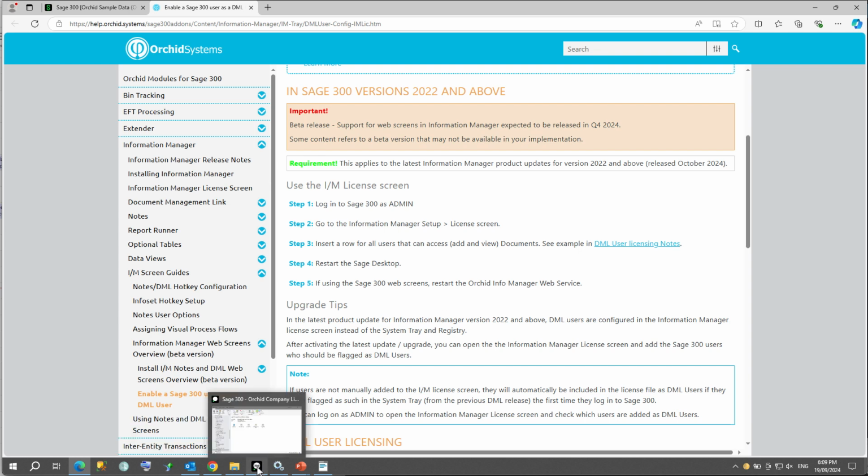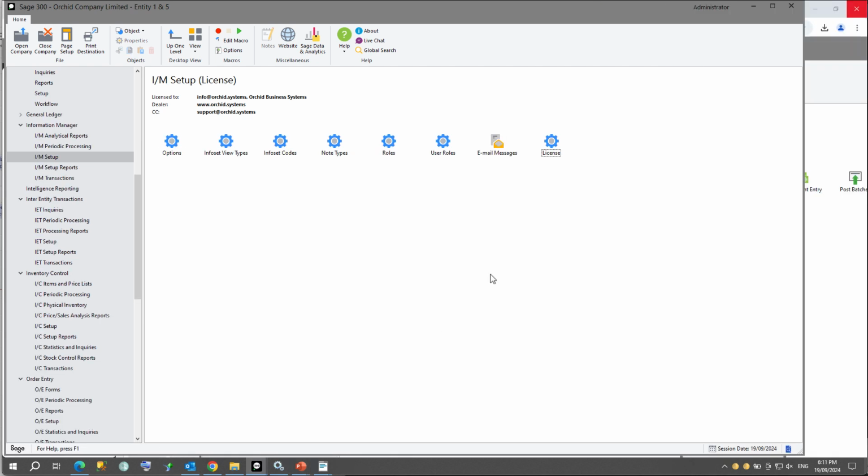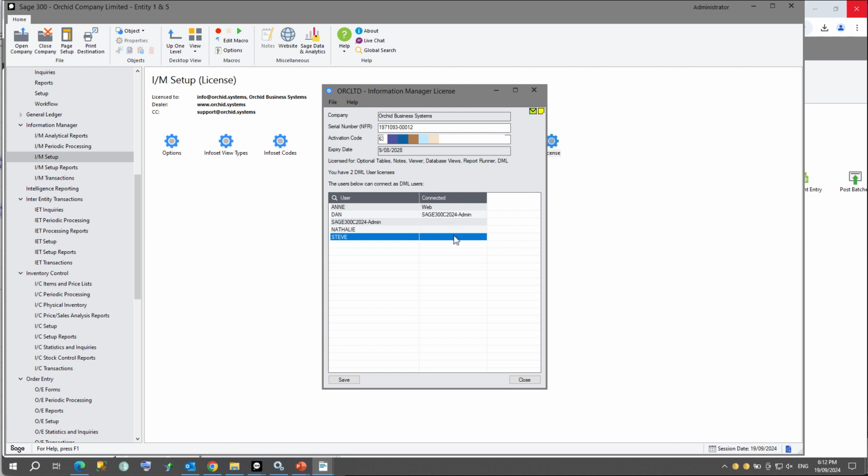Let's look at this in Sage 300. Log into Sage 300 as administrator. Go to IM Setup License screen. If I go to the license screen, I can see that I have two DML user licenses. Anne is connected via the web and Dan is connected as a desktop user on this server called Sage 300C 2024. If I want to add another user as a DML user, I can insert a row,